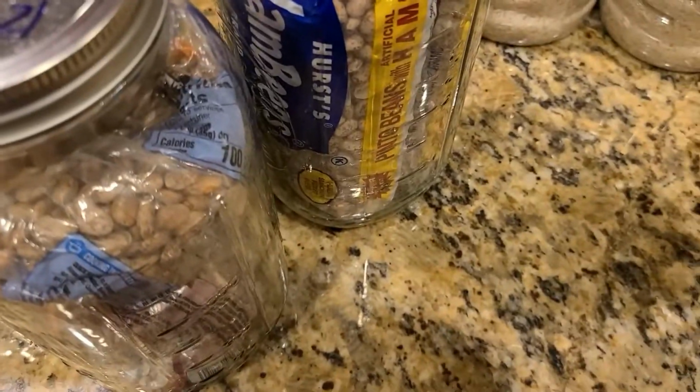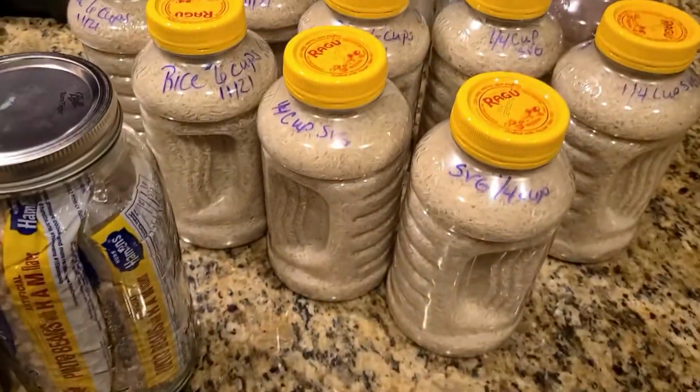Pulling out Google Earth. What'd you do with it? Where's the bag? The rice bag? I threw it away already. You threw it away already. All right. So anyways,